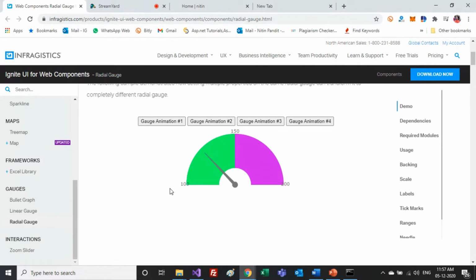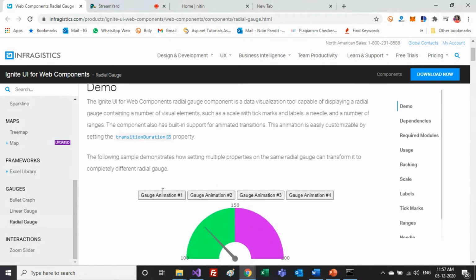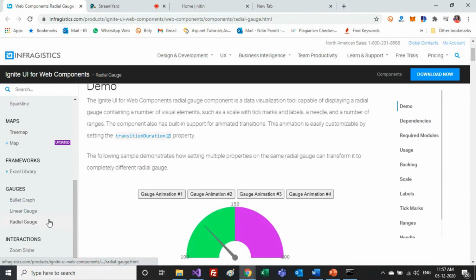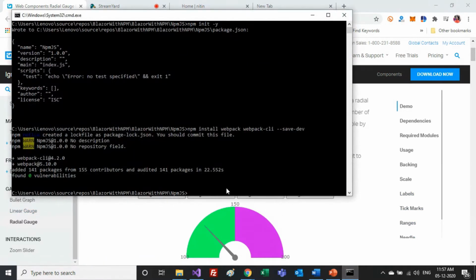For different parties, it shows how many seats they have. You can use this component for these kinds of things. Infragistics has beautifully designed it, so I'm going to use the same web component. You can use the Infragistics official documentation for this, or maybe some other beautiful charts, grids, or whatever you want to use. Right now I have simply a command to show you so that we can install it as an npm package in this specific directory that we generated recently.